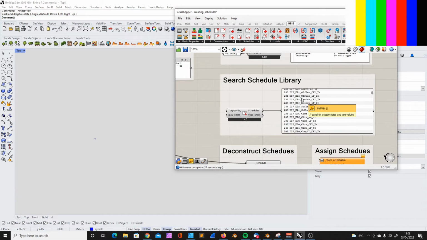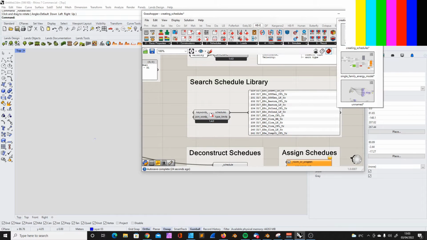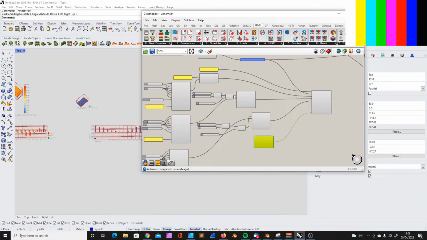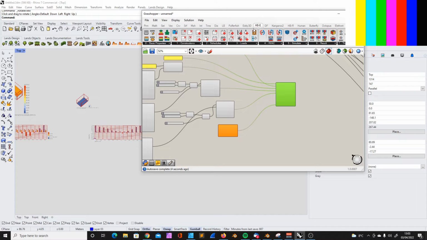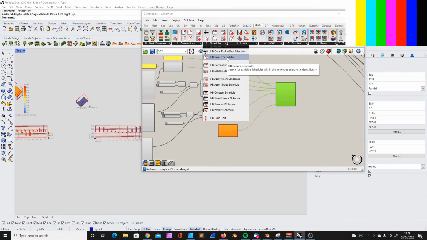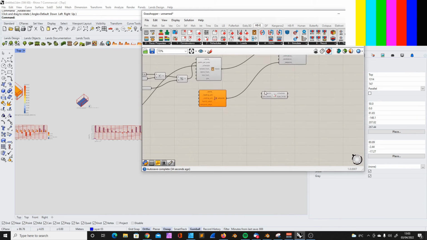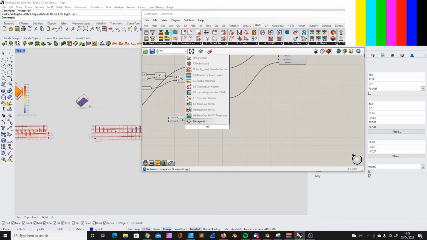Maybe let's use a pre-made schedule for this, so we can look up a schedule instead, as an optional way to do things. Search schedules, seasonal schedules. Let's search schedule, and maybe we can find the right one. Heating,